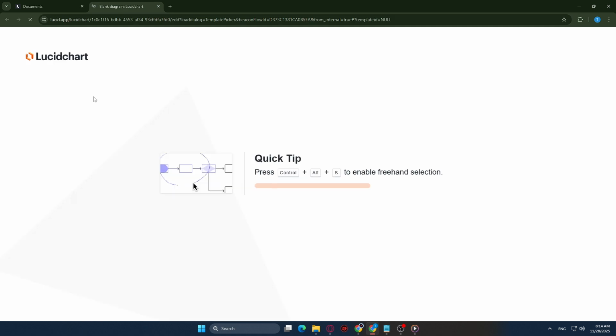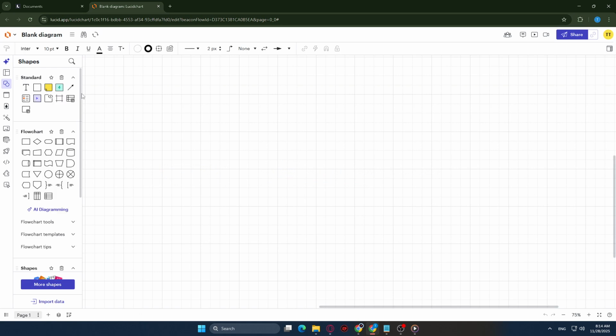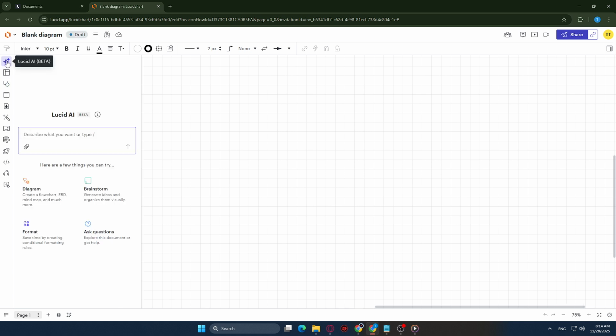Now tap into Lucid AI. Look for the Lucid AI option in the interface and select it. A prompt field will appear where you can type what you want to build. Be clear and specific. For example, instead of saying make a flow, describe the goal, the key steps, and any decision points like create a user onboarding flow with sign up, email verification, profile setup, and a decision for free